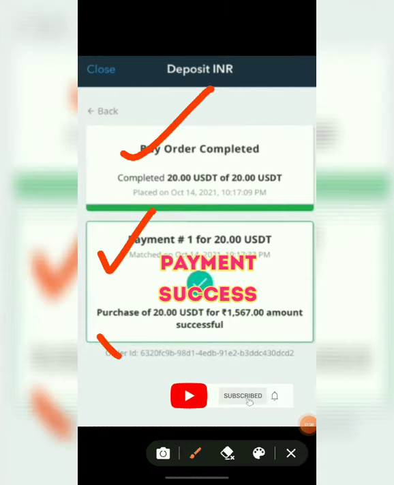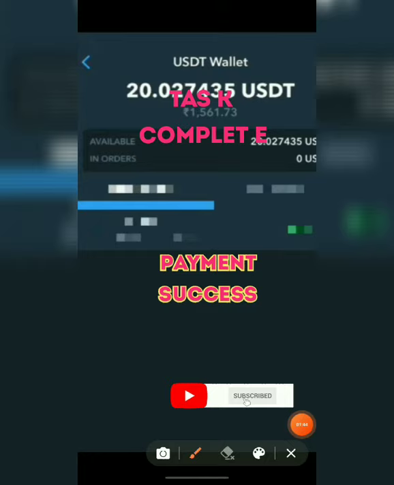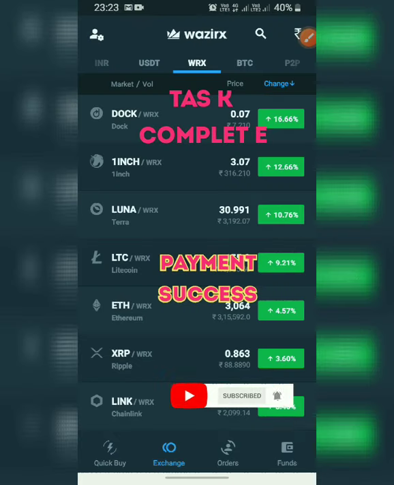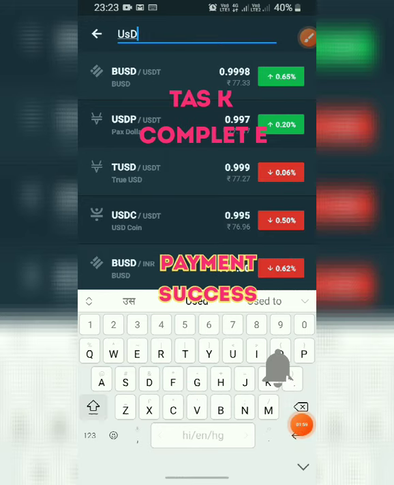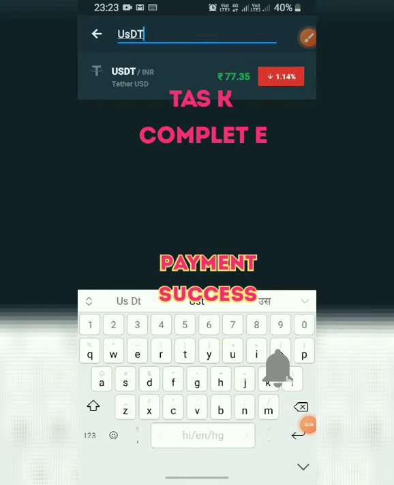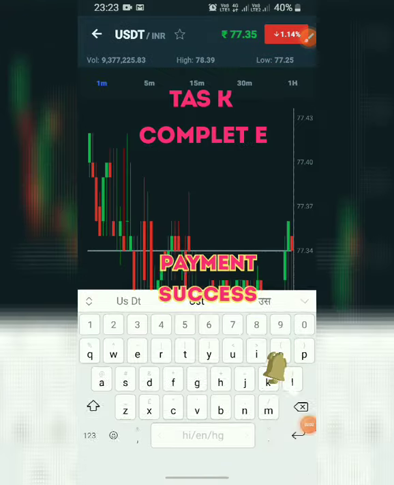Now suppose you want to withdraw in INR values, then how can you change USDT to INR? Click on the search bar and type USDT here, and USDT will be found easily. Then click on the buy or sell button.